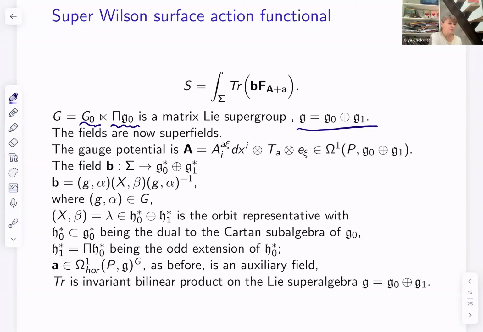So the fields are now superfields. The gauge potential takes values in the Lie superalgebra. The field B takes values in the